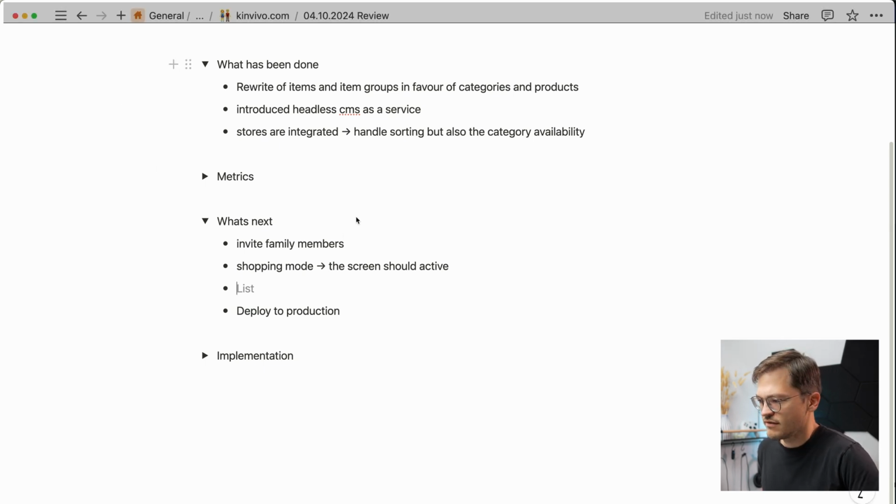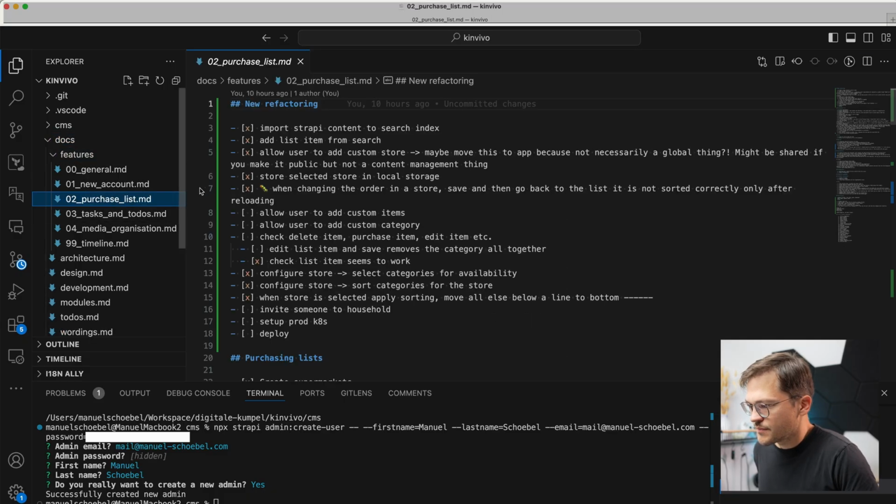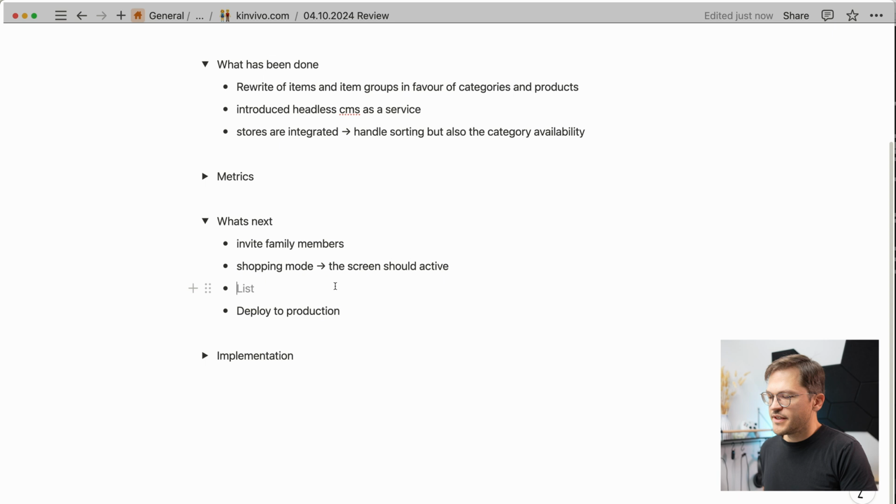I will quickly have a look into my to-do list in the app. So if we look into the to-dos, I think I need to retest all the basic stuff like adding items, adding custom categories that changed. That's something that I need to do, and then test all the basic stuff, the delete, editing and those things. So I will add that here,